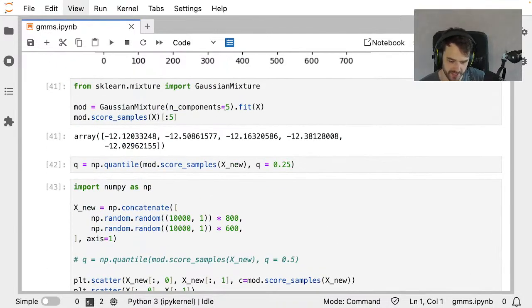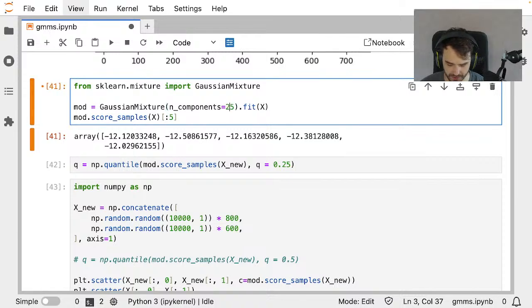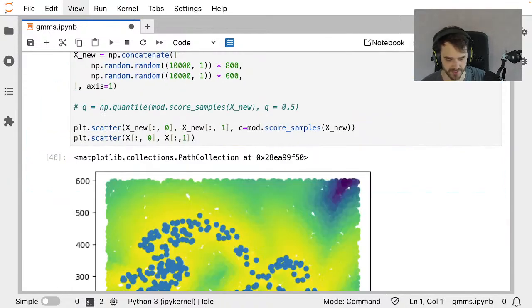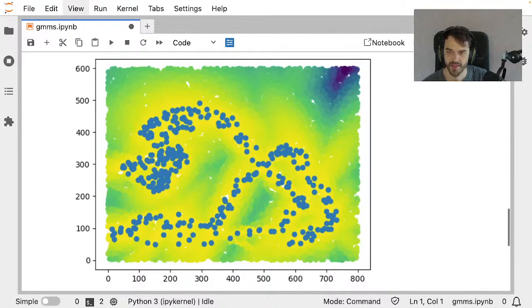Let's now do the somewhat more extreme thing. I'm going to do 25. So I'm going to do lots and lots of small distributions now. And, you know, we haven't really captured the distribution just yet, right? We're not there. But you do see that the more Gaussians that I add, it can overfit a bit more on this data set. And it might be what you want.